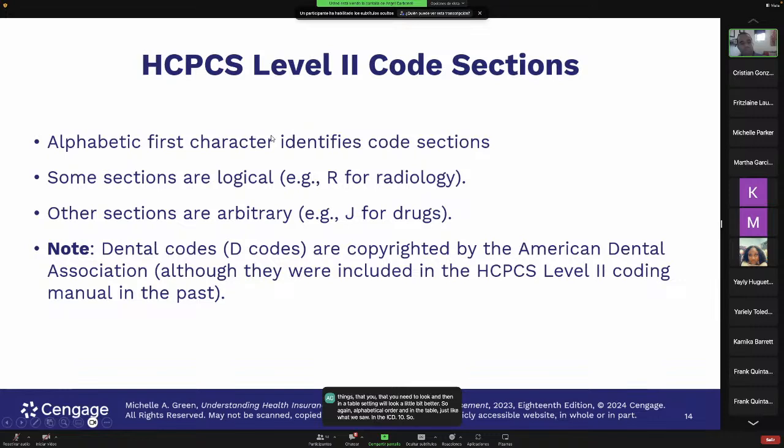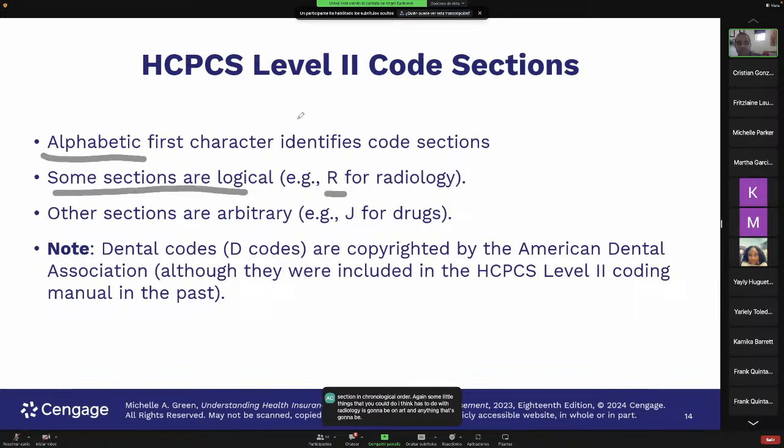So one of the easiest ways to check is alphabetical. Everything is in alphabetical order for the section, and then in the section in chronological order. Again, some of the tricks that you could do, anything that has to do with radiology is going to be an R, and anything that's going to be